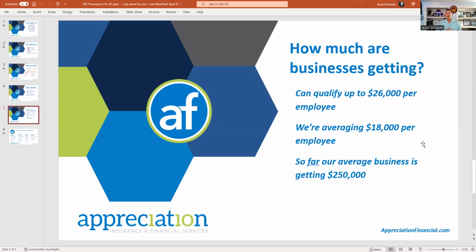Now, what we've been seeing working under our business, financial services, where we help out a lot of small businesses, is an average of about $18,000 per W-2 employee. So if you're a small business, that's a good indicator of approximately what we're averaging. And so far, most of our businesses are getting back about $250,000 to their business that they can put right back to work or utilize for whatever they see fit for their